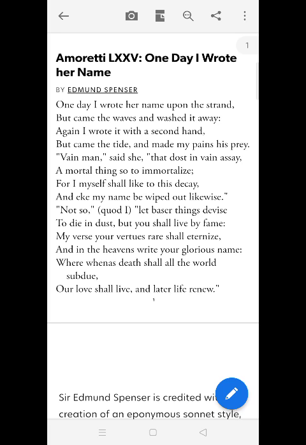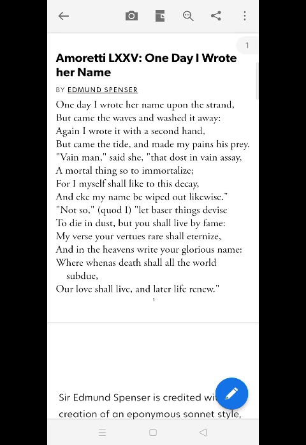So in the next quatrain, we find here the vain effort, the futile effort made by the poet or the speaker, that when he is doing this kind of futile activity, his beloved is noticing him, and